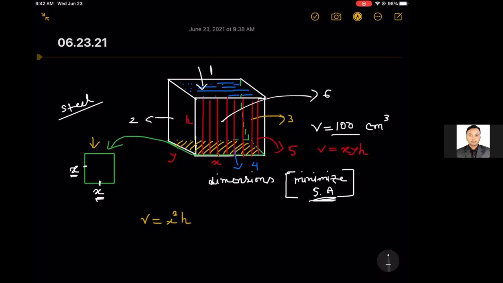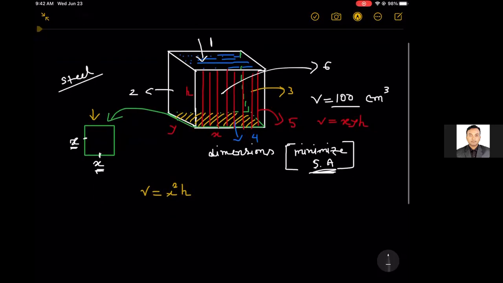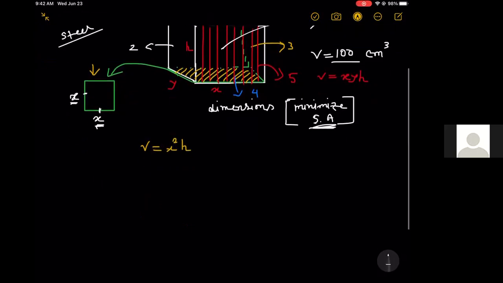If I say that one of the sides of the base is x, what's the area of the base? It'd be x squared. X squared, very good. So our surface area would be x squared